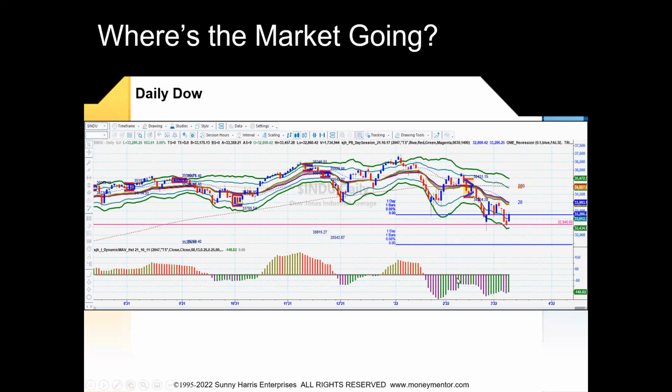I don't know because, oh, I didn't tell you about this DME histogram. This colorful chart at the bottom measures the difference between the dynamic moving averages, the gold and the purple. So you can see when it's gold, that means that gold's on top. And it turns red, that means gold's still on top, but it's going down. Now purple's on top. And when it turns green, it tells me purple was on top, but it's going up. So the mix of colors tells me the transition of the difference between the two DMA lines.